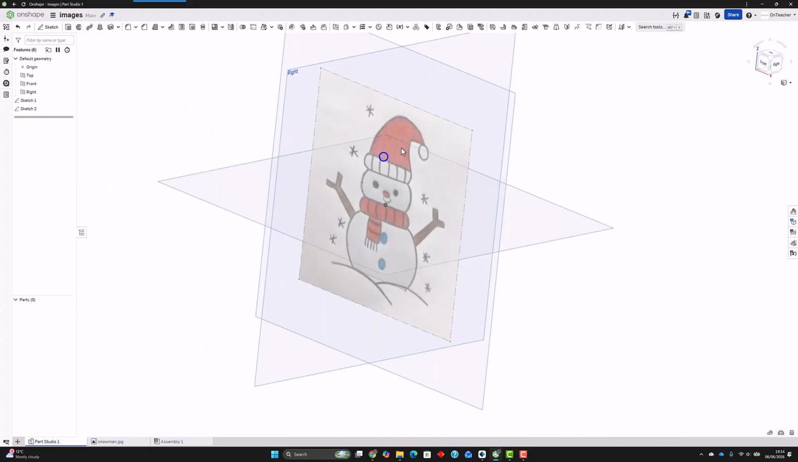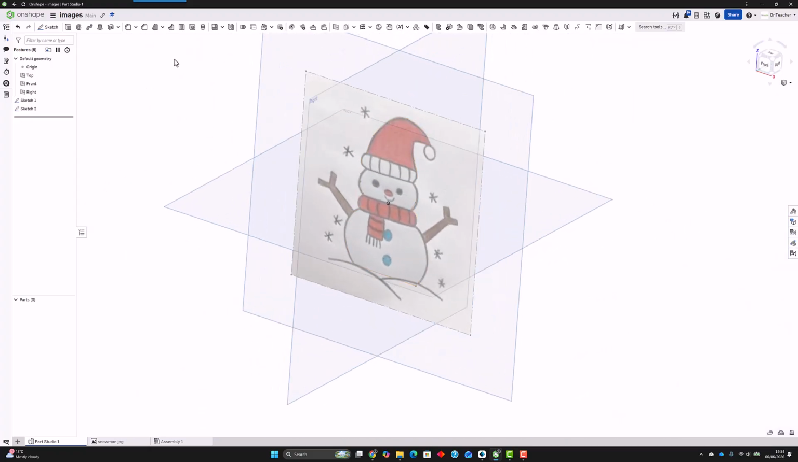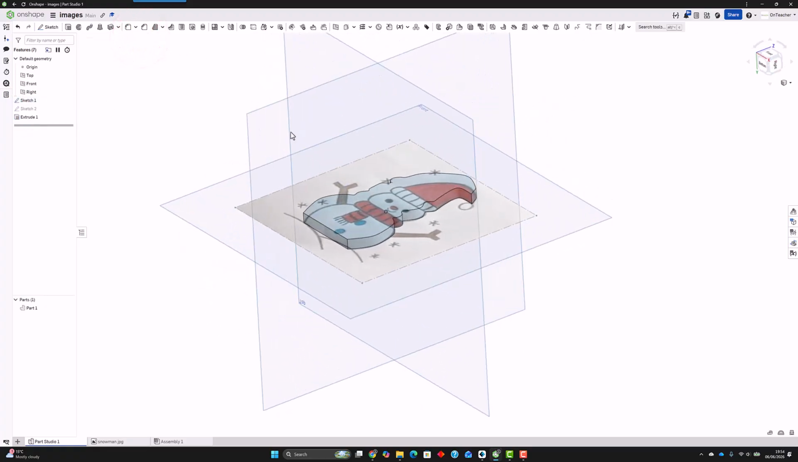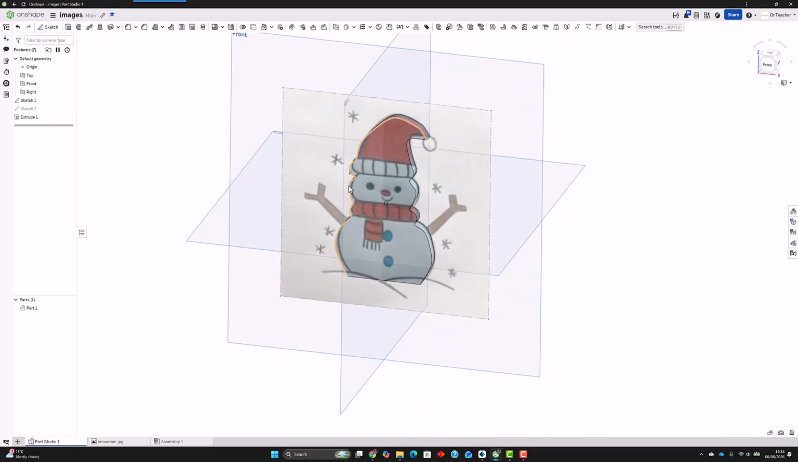If I zoom it round, we've now got our sketch in front of our drawing. Press Extrude, Sketch 2, 5mm, and there's my outline for the snowman. So there we are. That was our